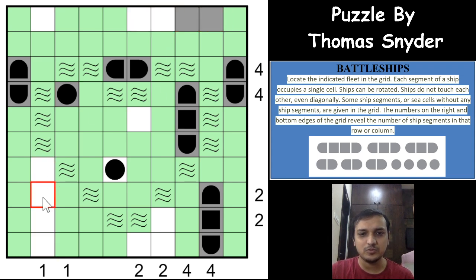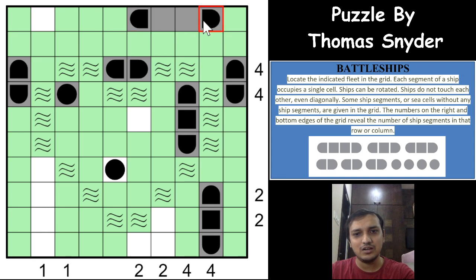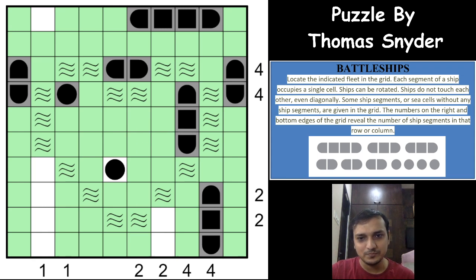And this is not possible, of course, because the indicated range is only 1, which means that this has to be a ship segment and this has to be a 4-cell ship segment, right? So we can mark that with the logic here, which means that the 2 is fulfilled now. This 2 is fulfilled now, and this 2 is also fulfilled, so we can unshade these cells.